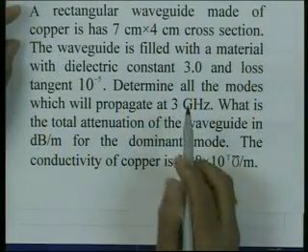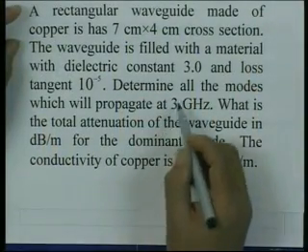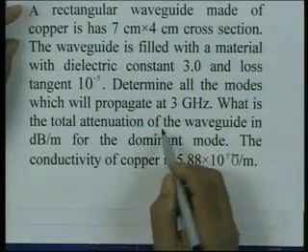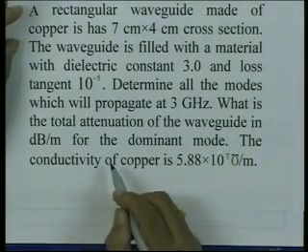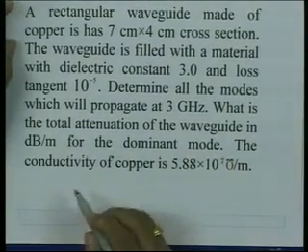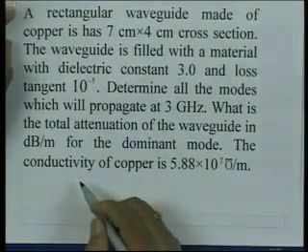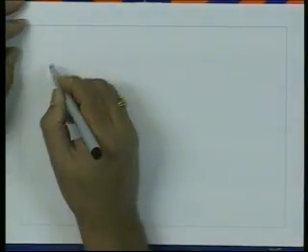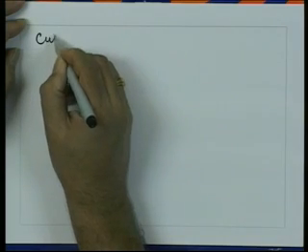Firstly, to find out how many modes will propagate at a given frequency, we essentially find out the cutoff frequency. If the cutoff frequency is less than the frequency of operation, then the mode will propagate. If the cutoff frequency is higher than 3 gigahertz, then the mode will not propagate. So, we know for a rectangular waveguide, the cutoff frequency